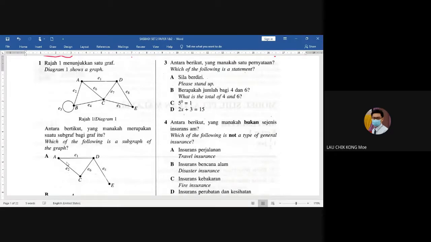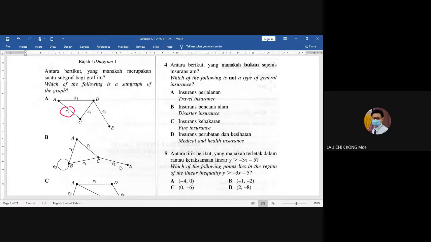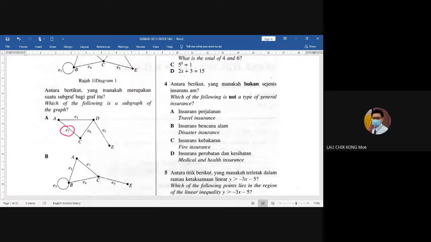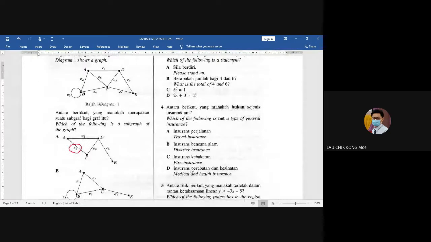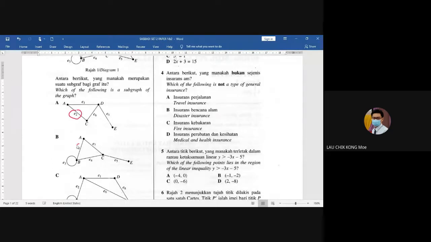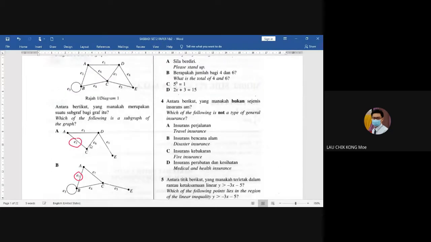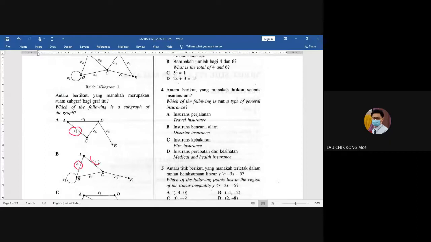Okay, kalau dia guna A, D, C, this one is wrong because actually this is E6, right? E6 tapi dia buat E2, so salah lah. Ini A sudah salah. Kita tengok B. Dia guna A, B, C. A, B, C is E1. Oh, this one also wrong. Actually, this is E2, right? And this one is E6. Sudah salah.